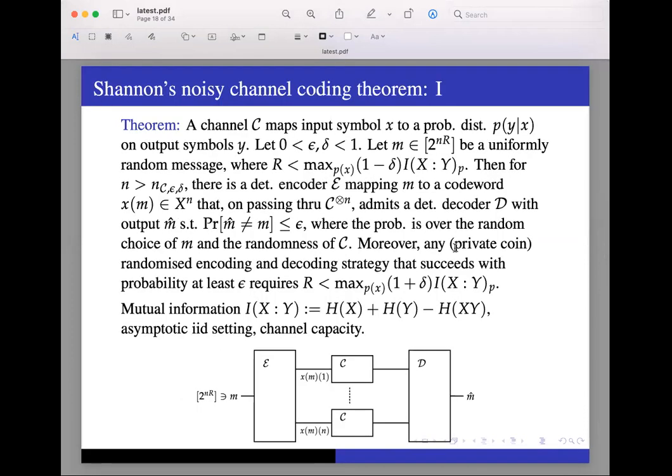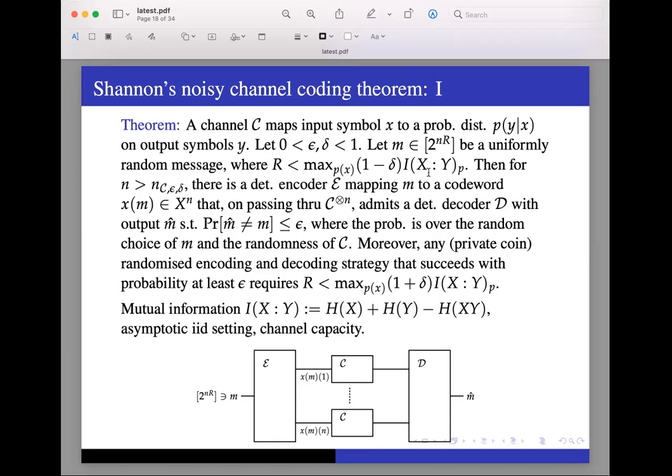So today, are the slides visible to everybody? Okay. So today, we will recapitulate Shannon's noisy channel coding theorem, the asymptotic IID version. We'll see what was Shannon's original proof, very quick and high level. And then we'll do some technical stuff. We will study a quantity called the relative entropy, which is the mother quantity behind all the other entropy quantities that you may have studied or heard of.